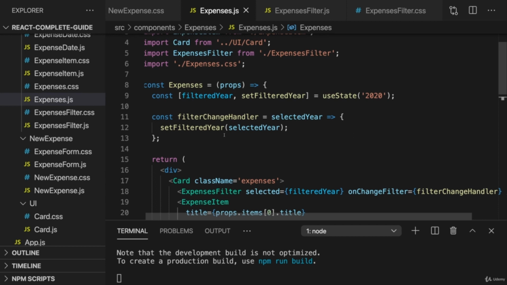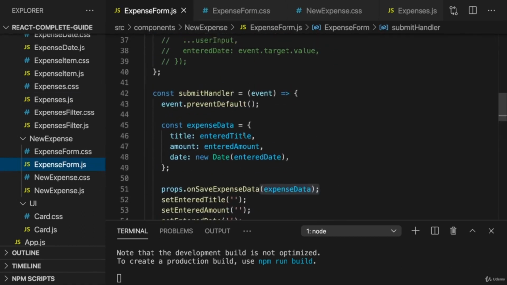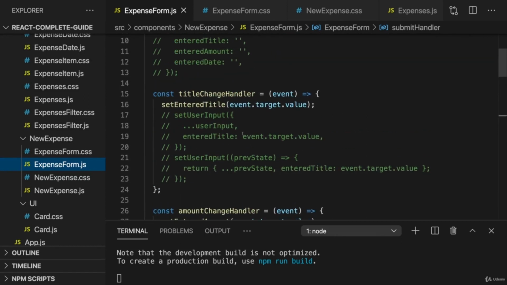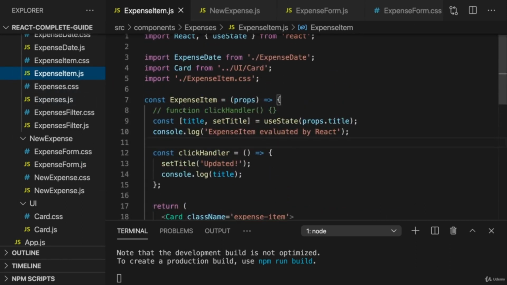It simply means that in basically all React apps which you're building, you will have a couple of components that manage some state, like this expenses component, which manages this filter state, or the expense form component, which manages the input state. And then you will have other components which don't manage any state, like expense item, if we remove